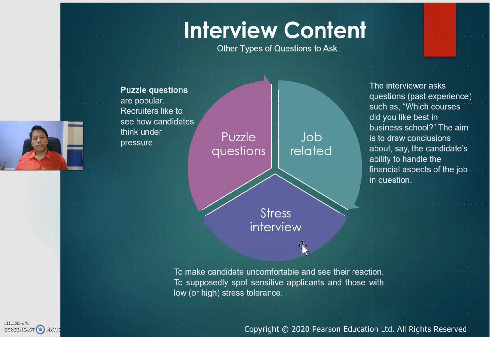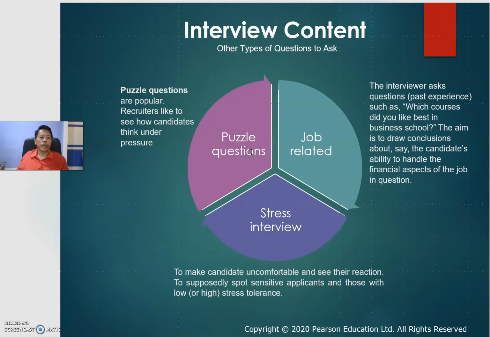Stress interview refers to the interviewer looking at the psychological reaction of the interviewee given certain situations or problems. And puzzle questions are used to see how a candidate thinks under pressure.